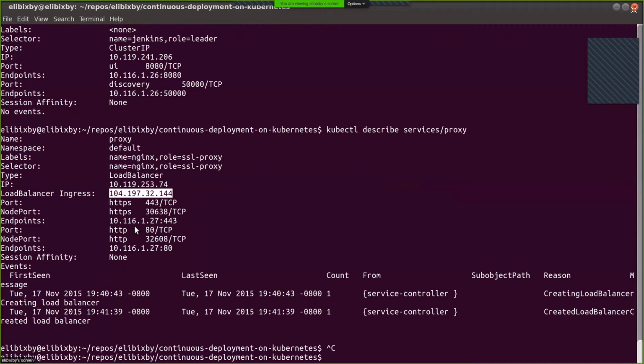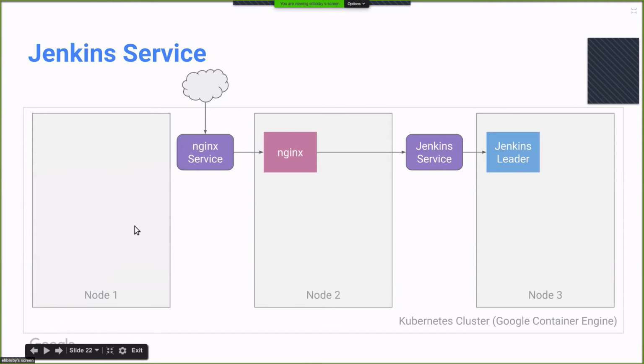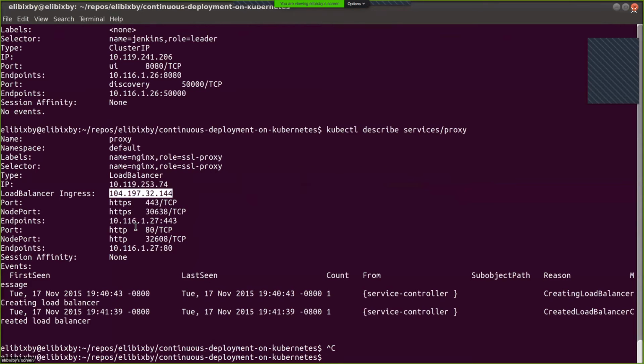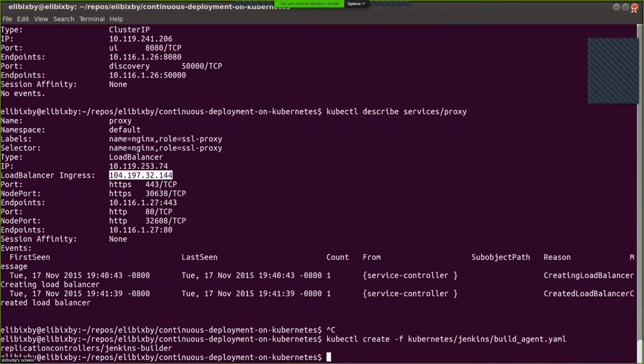Okay, so far we've run a Jenkins server. That's not very impressive. Doesn't really help us at all, except that Jenkins server comes up if it goes down. That's kind of nice. But what we really want is something like this. We want a bunch of builders that are completely isolated from each other and scale with the amount of load.